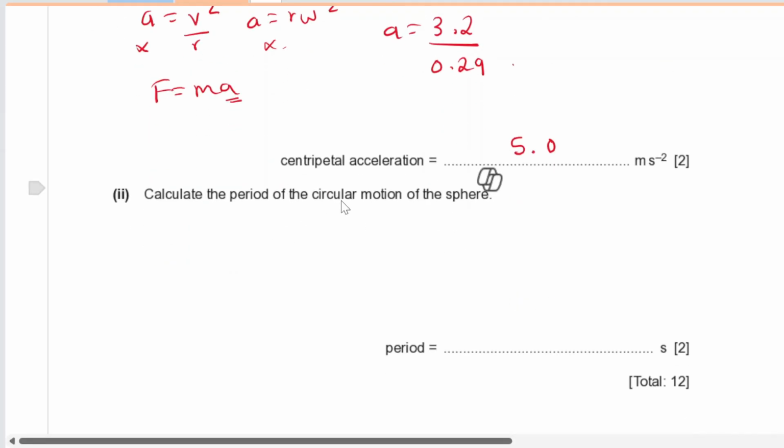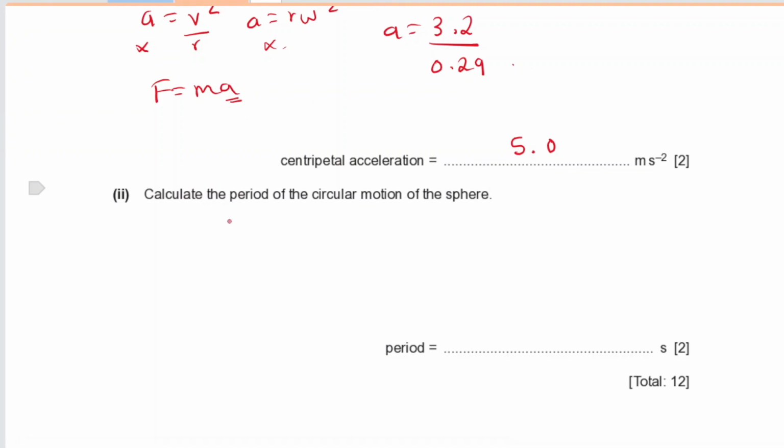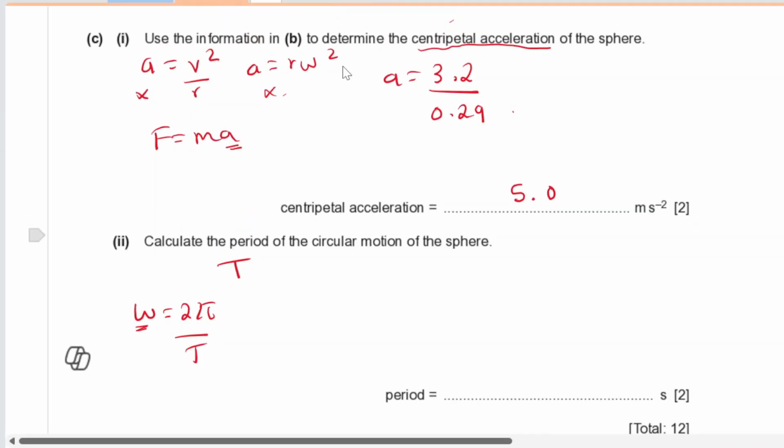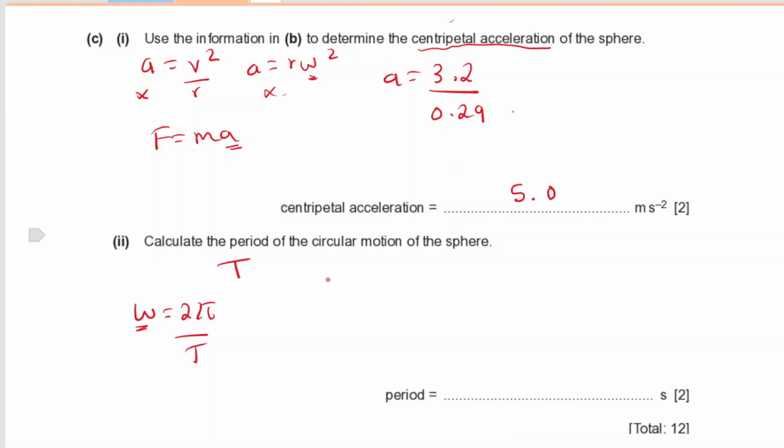Okay, calculate the period of the circular motion of the sphere. So this time we are finding the time period t. Again, you try to think about the formulas relating to time period t. One of them which will click is omega equals 2 pi over time period t. Do we have omega? We don't, but can we find it? You can see in this equation over here we have omega, right? We have acceleration now and we have radius, so we can find omega. So what you can do is you can just make omega the subject here. So omega square equals a over r, and acceleration is 5 divided by the radius, which is